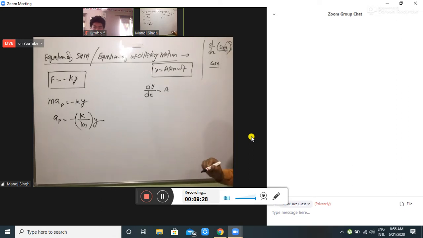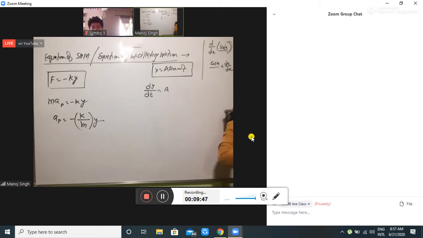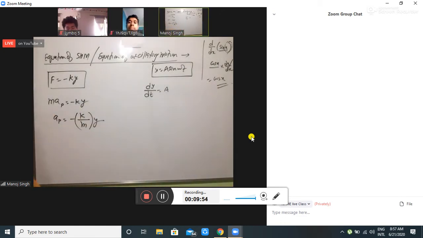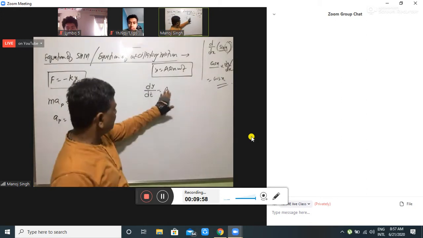With respect to x. So what is the differentiation of x with respect to x? It is dx divided by dx. I repeat again: the differentiation of sine x is cos x, with the remaining differentiation of x with respect to x. Yes, dx by dx is cancelled. Ultimately, it is equal to cos x. So this is the differentiation of sine of x, and this concept we will apply here now.